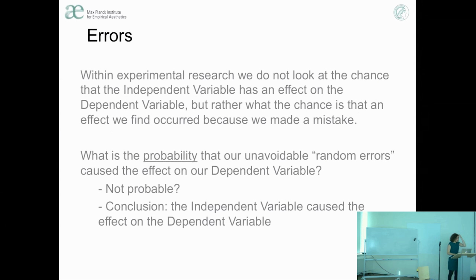So, errors. In methodology, a distinction is made between constant errors and random errors. Constant errors are systematic of nature, and they potentially bias our results, making our outcomes impossible to interpret. For example,